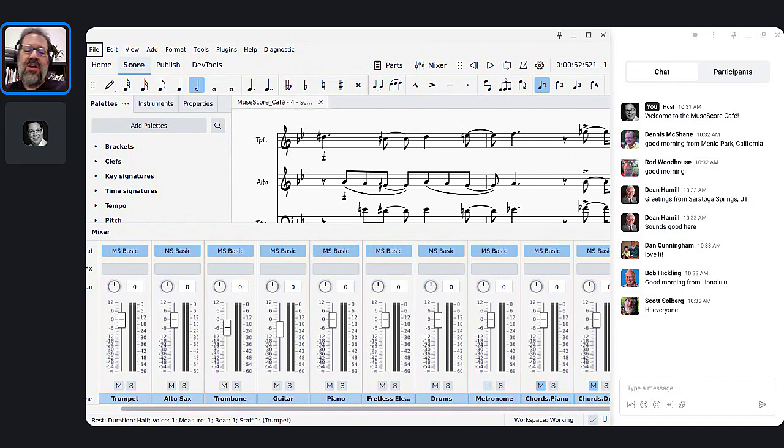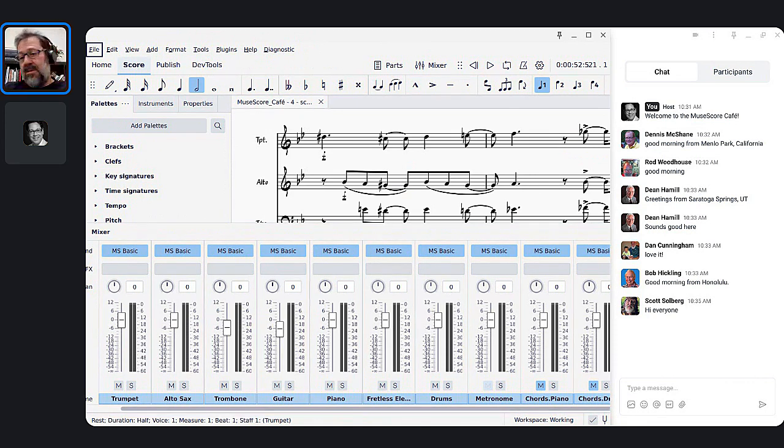This is what a flute should sound like. This is what a clarinet should sound like. This is what a saxophone should sound like, etc. So a sound font contains all these different sounds. Some sound fonts might only have clarinet sounds, and therefore you could only use that sound font for clarinets. MuseScore allows you to have multiple sound fonts loaded. So the way that all worked in MuseScore 3 is